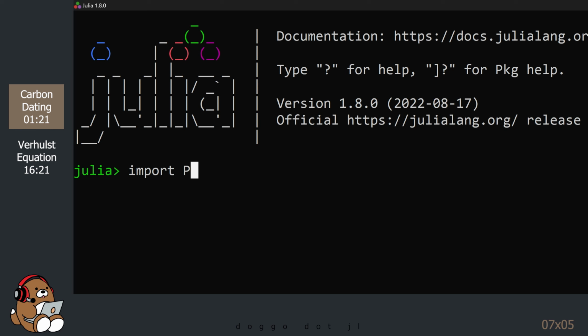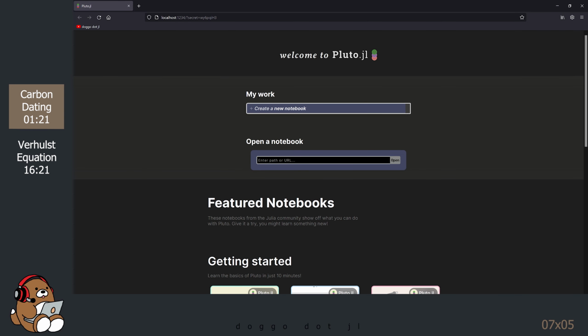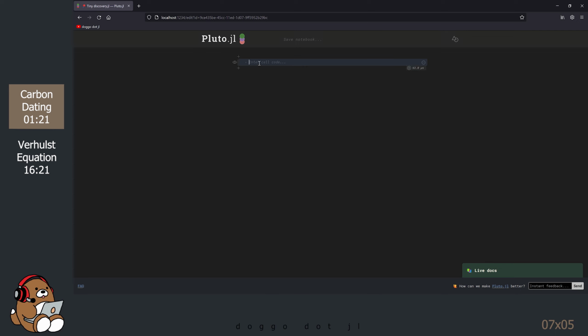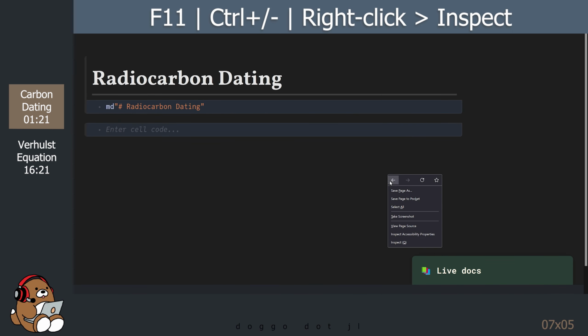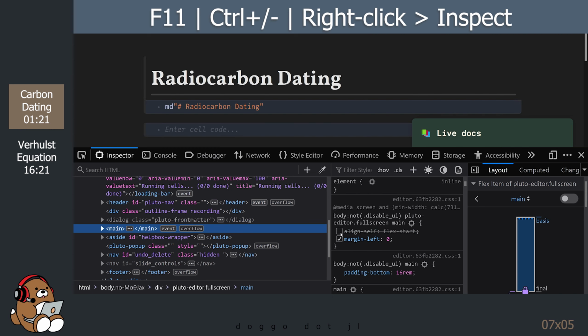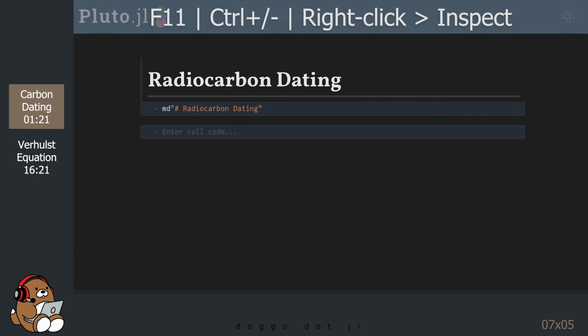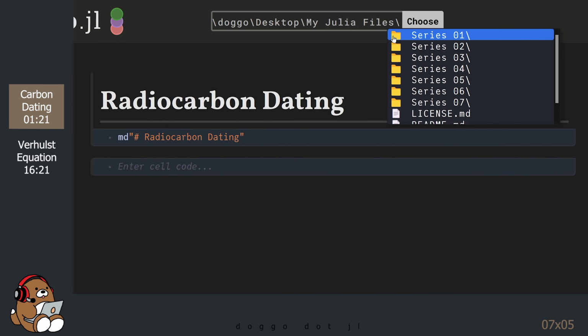Let's start by firing up the Julia REPL and launching Pluto. Next, let's create a new notebook and title it Radiocarbon Dating. This is optional, but I'm going to customize this user interface like I did in the first tutorial. Let's save this file by using the Save Notebook bar at the top.